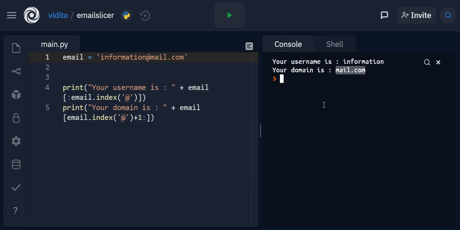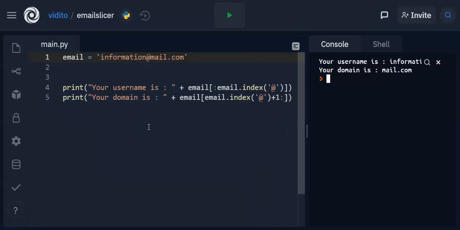Cool. So this worked. So this is the email slicer, but if you want to have only this knowledge, alright, you can leave now. But if you want to know more, let's spend some more time together. Now what if, well, first of all, we don't want to enter the information like this. We want the user to give us some information. So let's say we're going to ask for an input, enter an email to slice, some space,